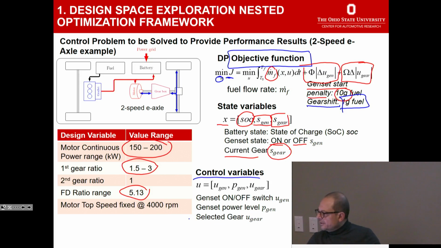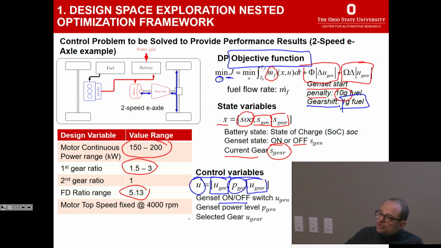What are the control variables, U? Well, U is the command you give to the generator, meaning on-off switch. So U-gen is 1 or 0. Is my engine on or off? Do I turn it on? Then I have P-gen. I have to decide how much power to make with the generator set. And I also have a way of controlling the gear setting. So 2 of these inputs are discrete